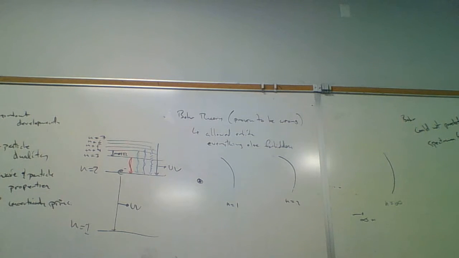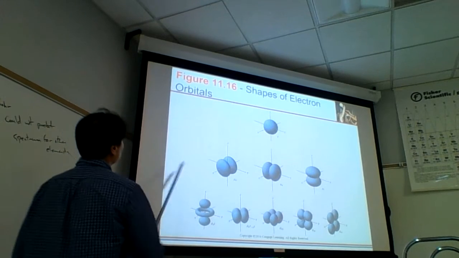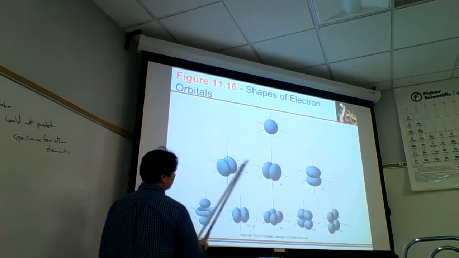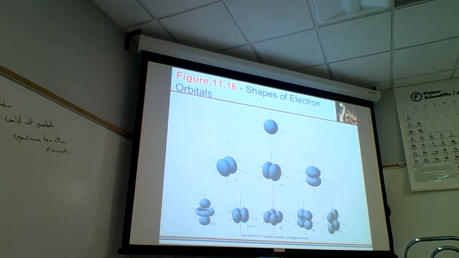All right, what do we call these then? We don't call them orbits, like the allowed orbits. We call them orbitals. So these would be orbitals here. And so, two things you want to know about the orbitals. The orbitals are, one,